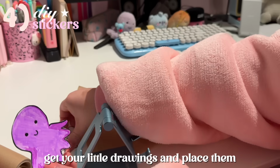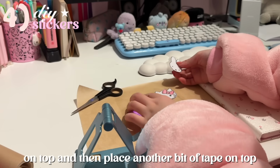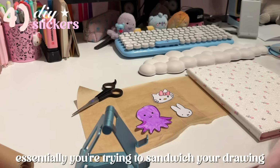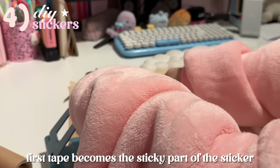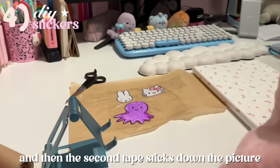Get your little drawings and place them on top, and then place another bit of tape on top. Essentially, you're trying to sandwich your drawing or your picture in between two pieces of tape. The first tape becomes the sticky part of the sticker, and then the second tape sticks down the picture so